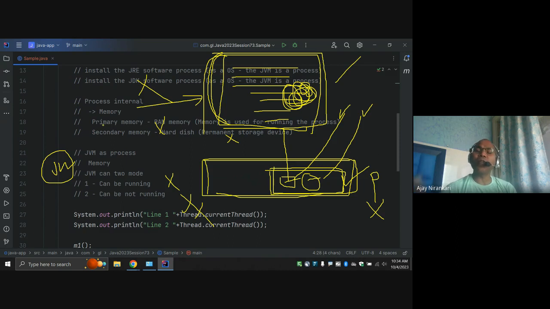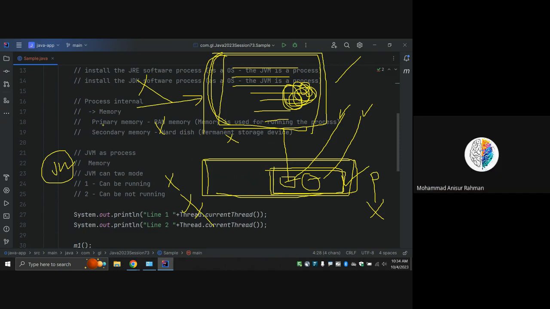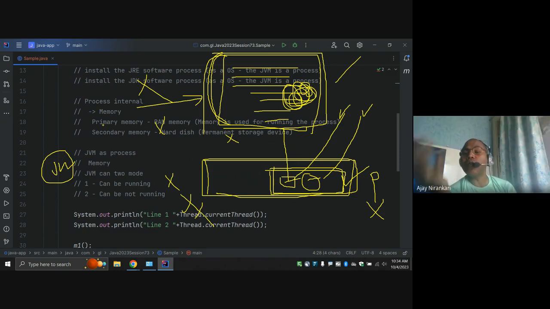One of the key features of Java is automatic memory management. You don't need to free memory. In the case of C language, you allocate memory, write the program, and manually you have to deallocate memory.